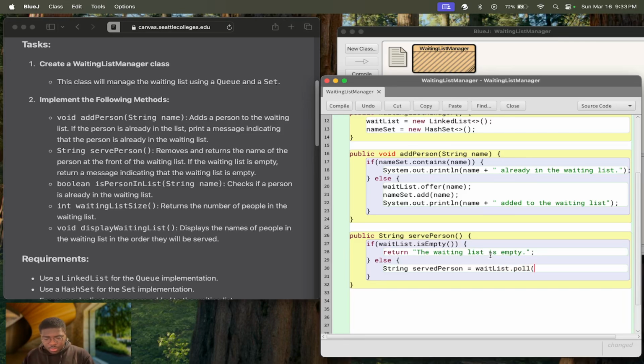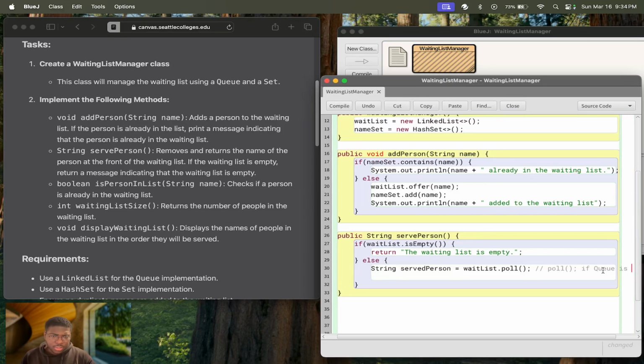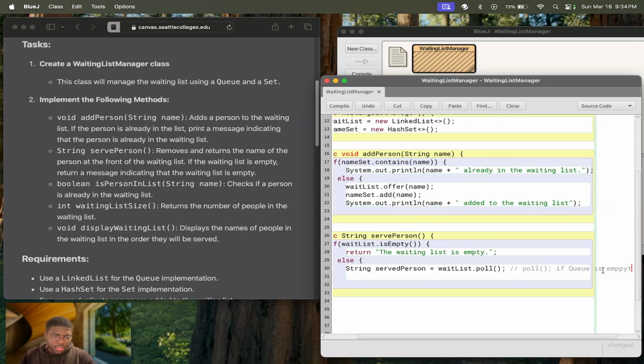I remember reading in my professor's modules that poll is safe. So I'm going to use poll, because it is safe. If the queue is empty, I think that's what it is, yeah. If the queue is empty, then